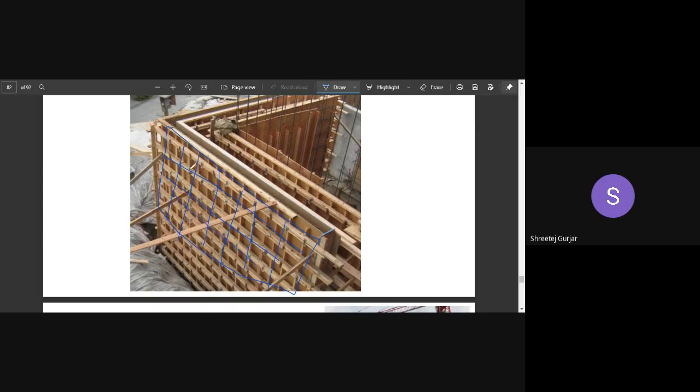Battens which are in the horizontal direction are provided. And you can see struts are provided for support. These horizontal or inclined elements are called struts, so that the formwork does not fall. Then these bellies or struts are there, and these are your boards, which can be made up of steel or of timber.